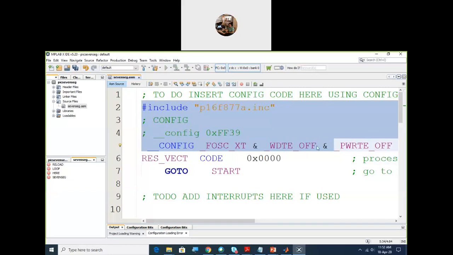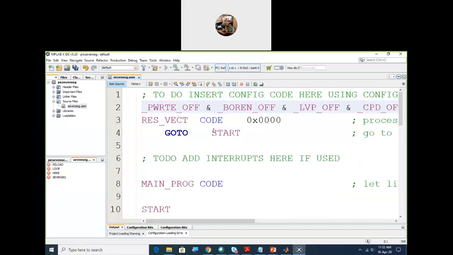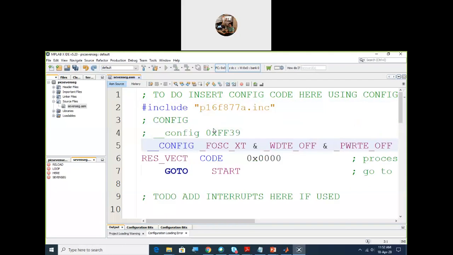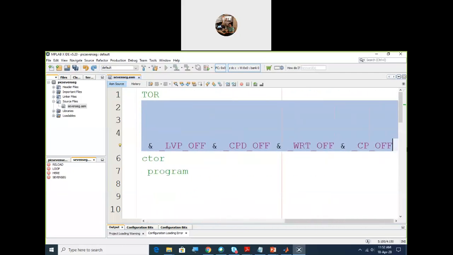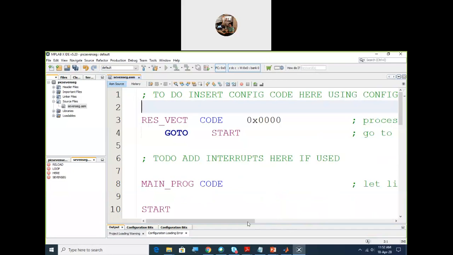Suppose this configuration code is not present here. How will you get the configuration bits? Can anyone tell?